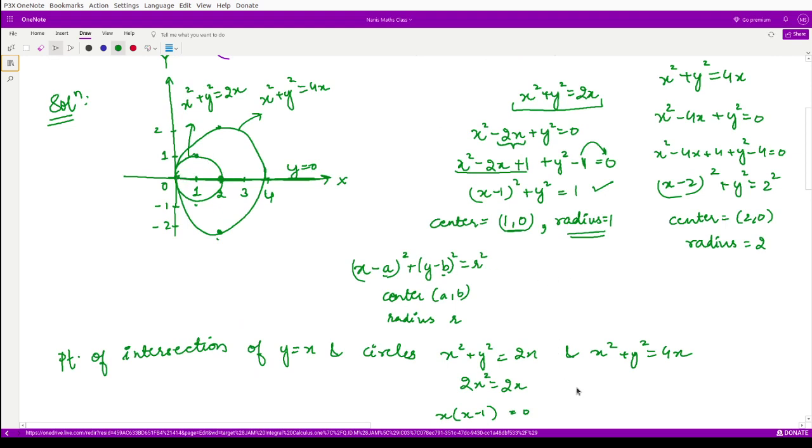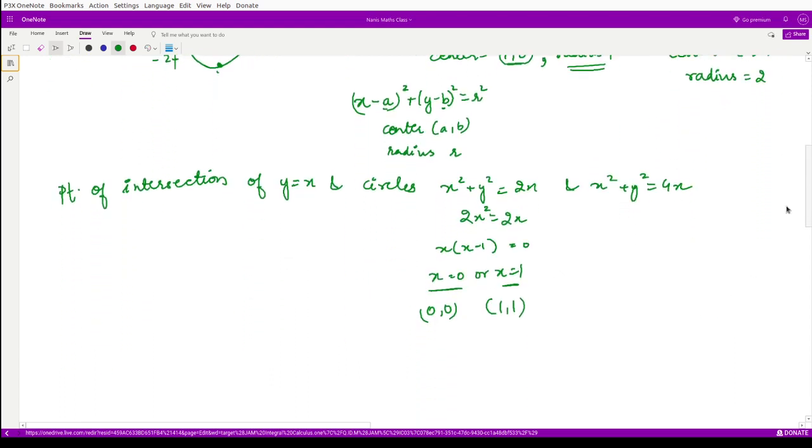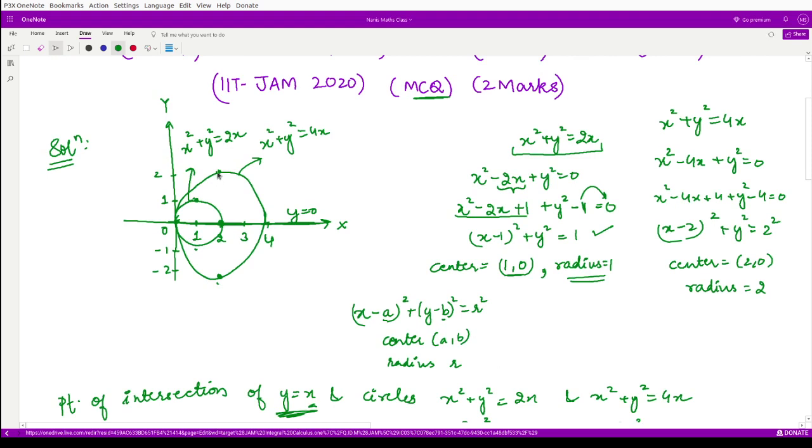And let's see what about the other circle. So when you substitute x is equal to y here, you obtain 2x square is equal to 4x, or you obtain x square is equal to 2x, or you can write x into x minus 2 is equal to 0. So you have x is equal to 0 or x is equal to 2 as the 2 points. So you have the first point as 0, 0 and the other point as 2, 2 because y is equal to x here. So your other point here is equal to this point. That means your line will make an angle 45 degree and passes through these points. Right, so obviously this is a straight line, so you have y is equal to x as this line.